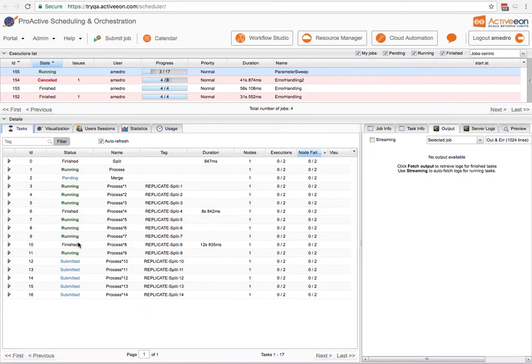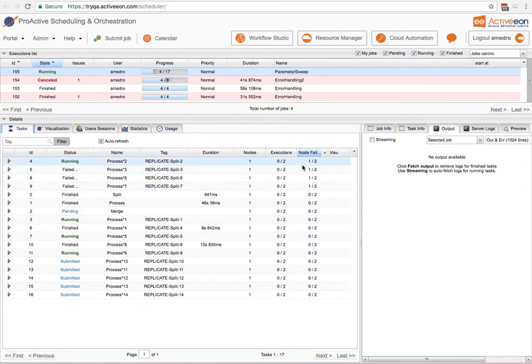Proactive Scheduler handles this kind of failure pretty easily. When a node goes down or is unavailable after some timeout period, the task which was running on it is automatically restarted on another node. And this is what we will see now. We have 4 tasks which are failing, and as soon as another node is free, we can restart. So the failing task is automatically restarted on it.